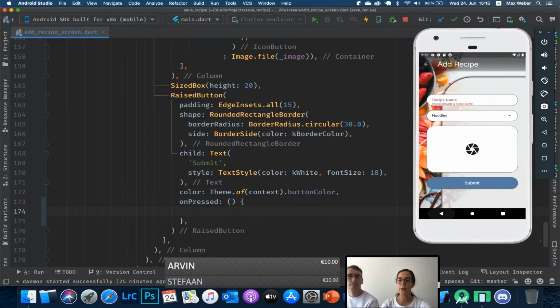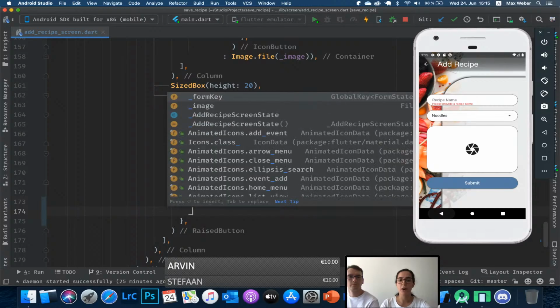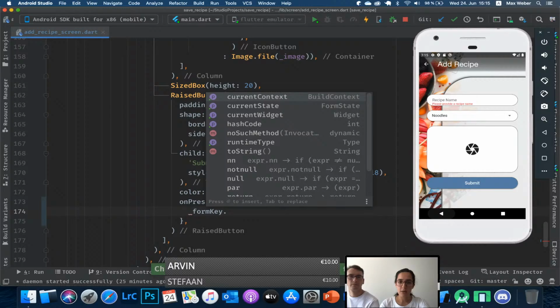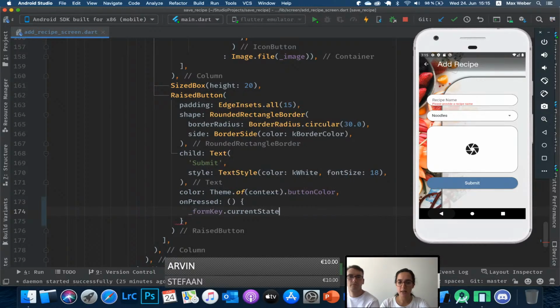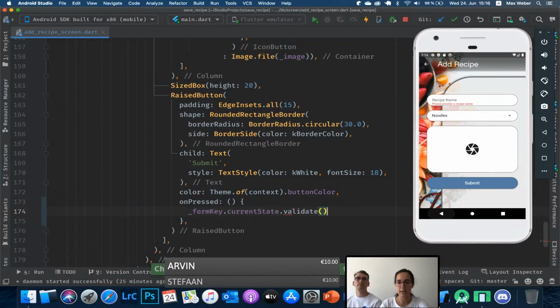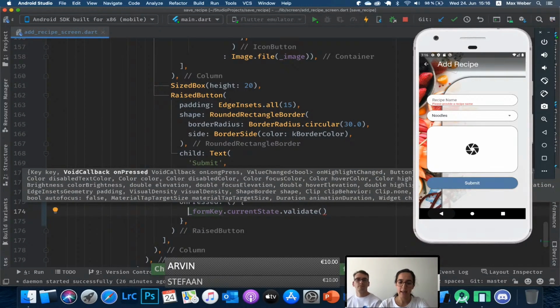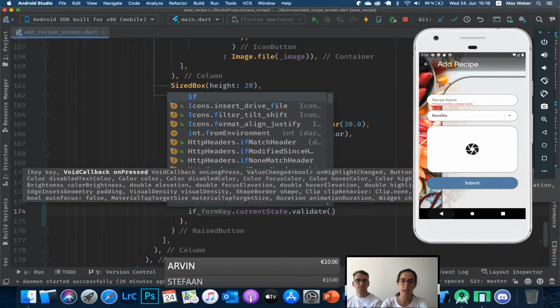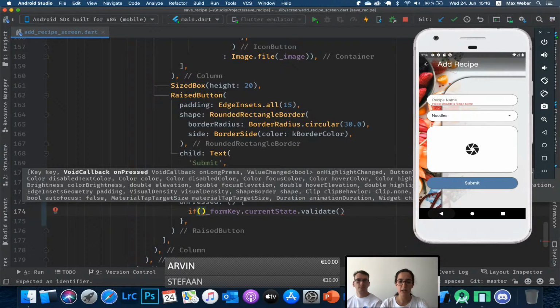And now we can take advantage of our form key. And here we should get the current state. Correct. And here go for validate. And I would say here again something like, if this is the case,